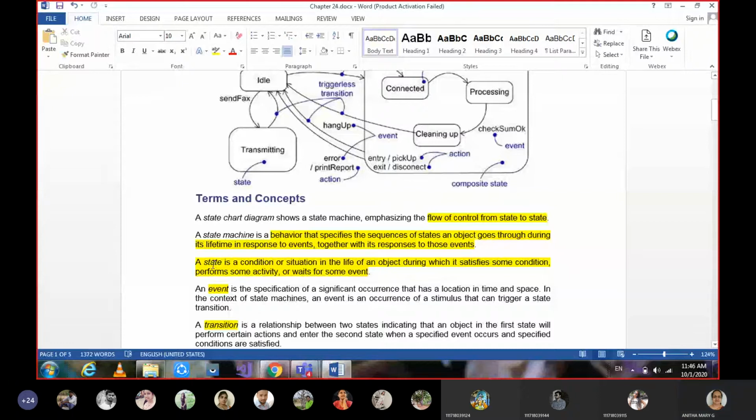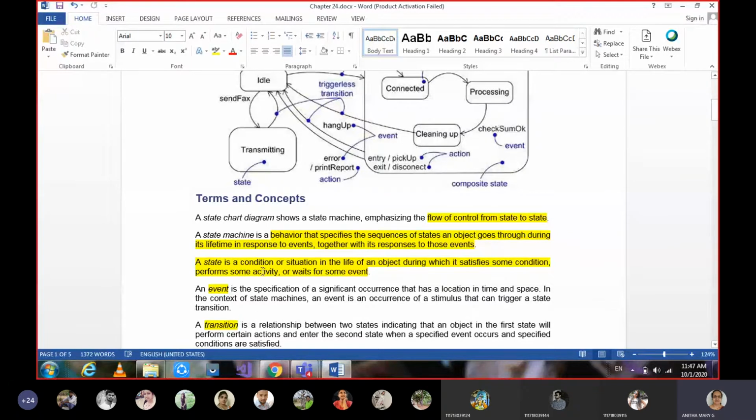Moving on to the details of the basic definitions. State: a state is nothing but a condition or a situation in the life of an object. I was telling you an example of yours. What is your current state now? Being a student in your lifetime, maybe for the next 1 year or so. That's what we call the state. And this state can be an action state or an activity state.